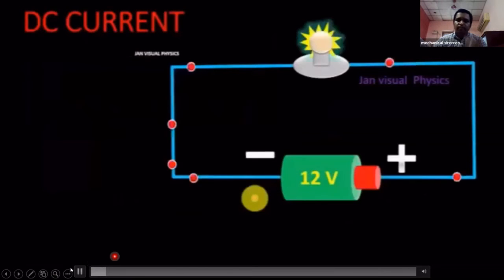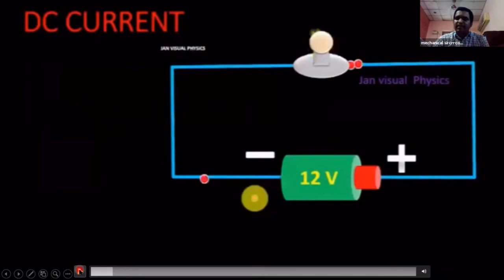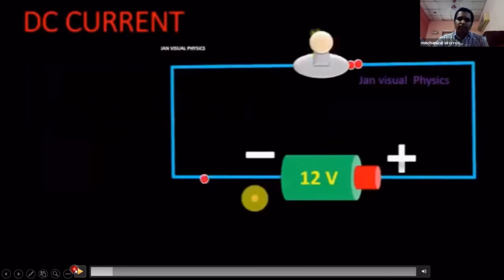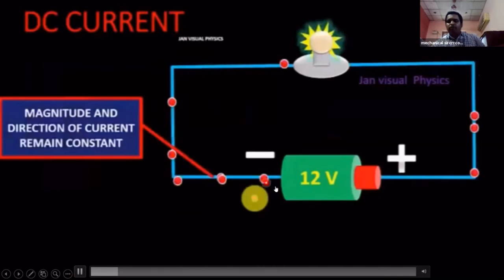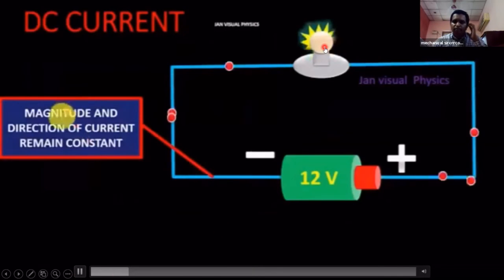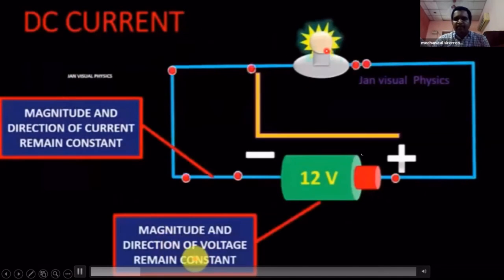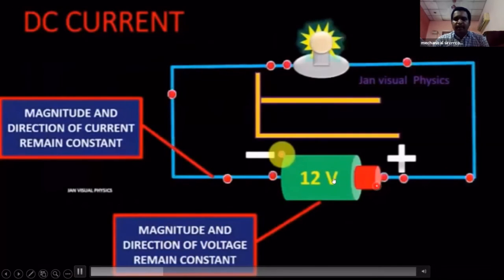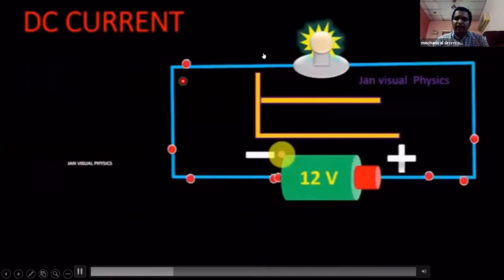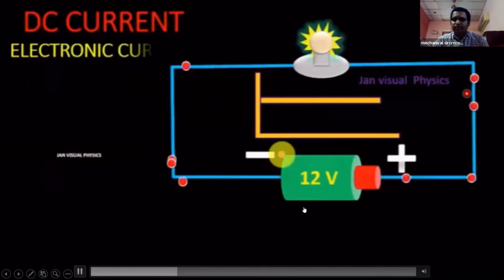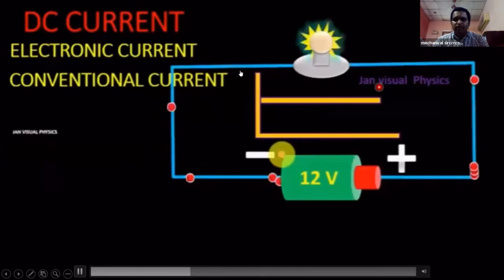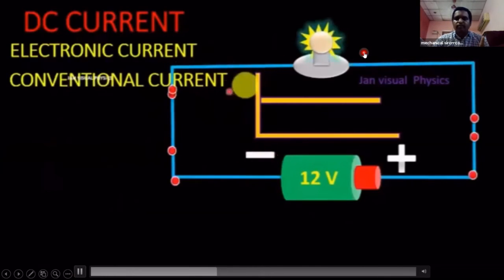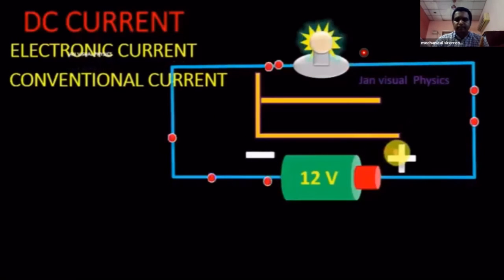Okay. Generally, the battery supplies DC current, direct current. See this. We are connecting a 12 volt battery to a light. The current is flowing because of voltage potential difference. There is a flow of current, but it is flowing in only one direction, negative to positive, in this direction only. One way only, so it is called direct current.